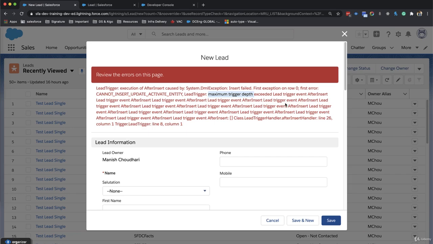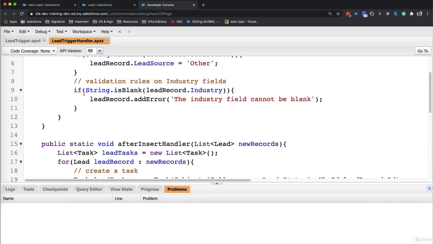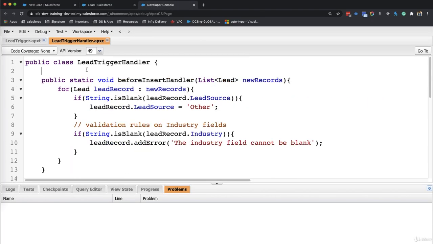Let's write a solution to our recursive trigger problem in this video. The solution of this problem is very easy and we already know it. If you remember the static variable video of this course, then you can easily write the solution to this problem as well. So what we are going to do, we are going to create a new static variable in this